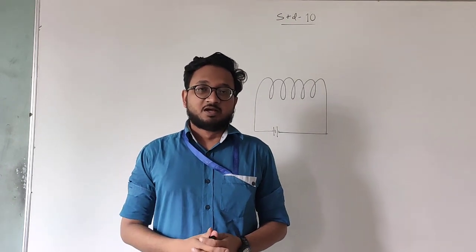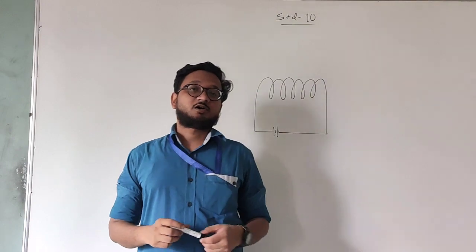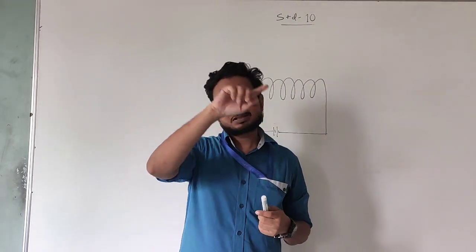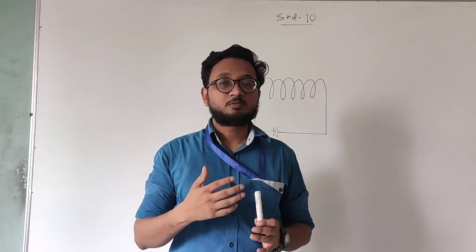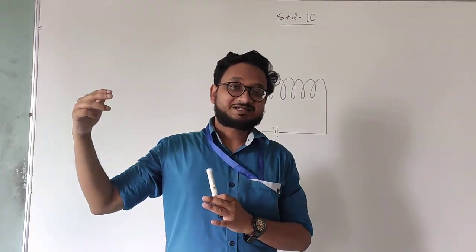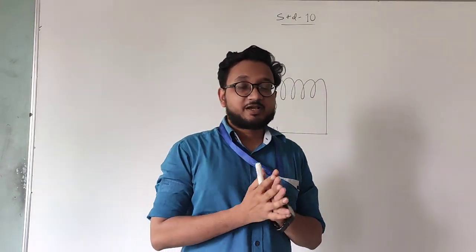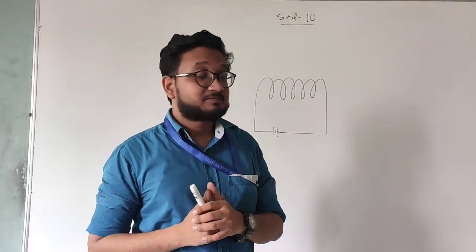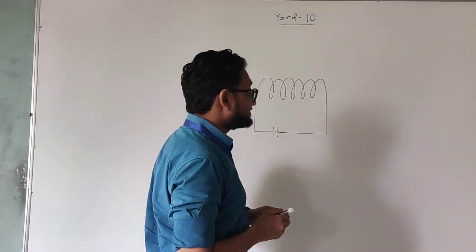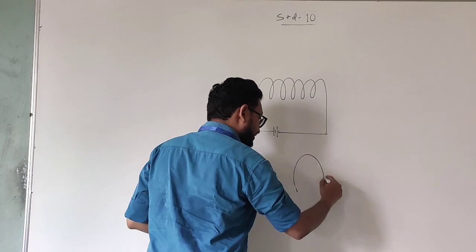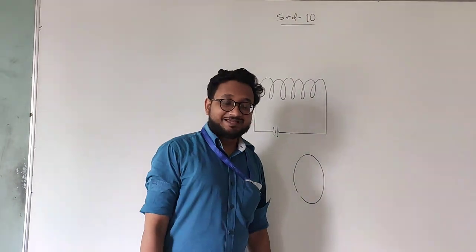Good morning students. In the previous video we studied the magnetic effects of a conductor in the form of a circular loop. We found that in a circular loop the magnetic field goes inside the loop and comes out from the other side, and basically it behaves like a bar magnet. Similarly, if the current is increased in a circular loop, the strength of the magnetism increases.